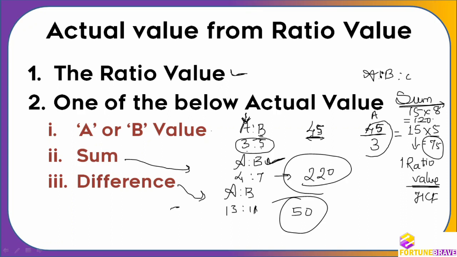So whatever they ask, you are going to multiply. This is the required ratio value. Please note down this properly, the previous slide and this slide. This slide is very, very important. Please note down everything clearly. I may be making a mess, but you have to write down everything